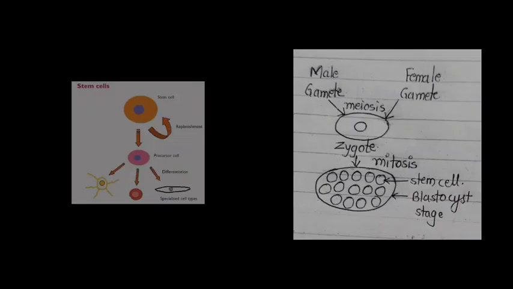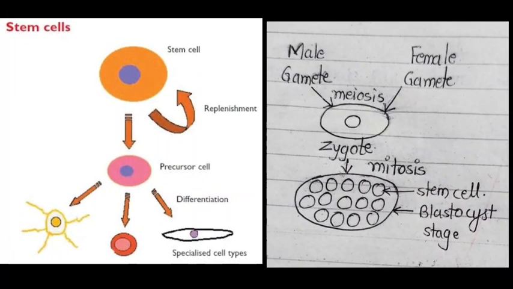Regarding human health or human benefits, the stem cells are considered, and stem cells are studied in cytology. Now first of all we should understand what we mean by stem cells. These are special types of cells which are present in multicellular organisms like us, and these cells give rise to other types of cells. Just observe the right side diagram, you can understand it better there.